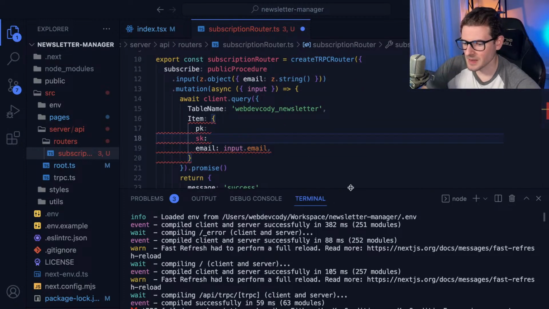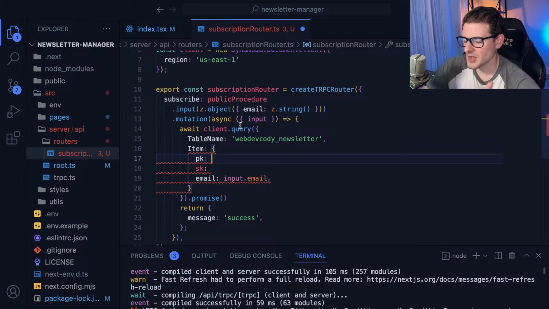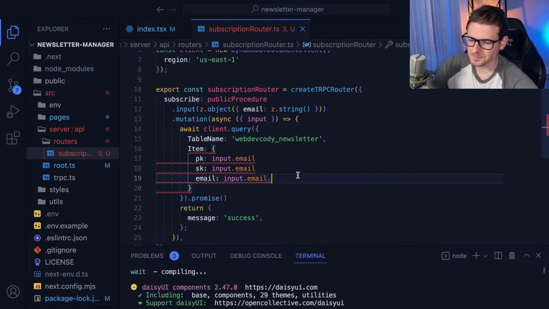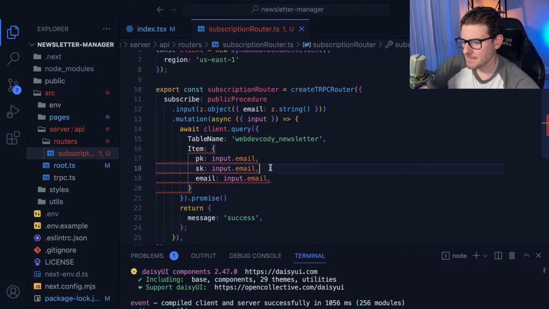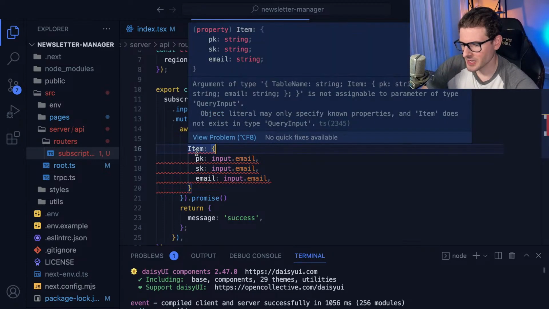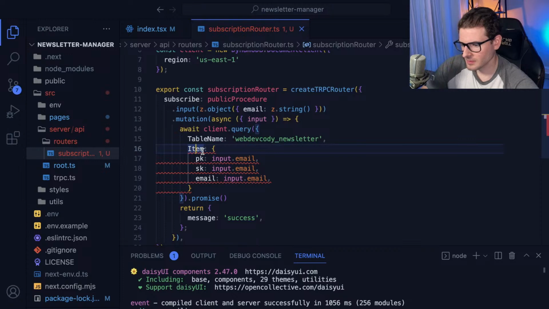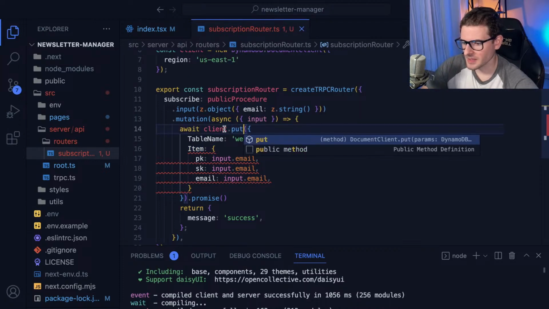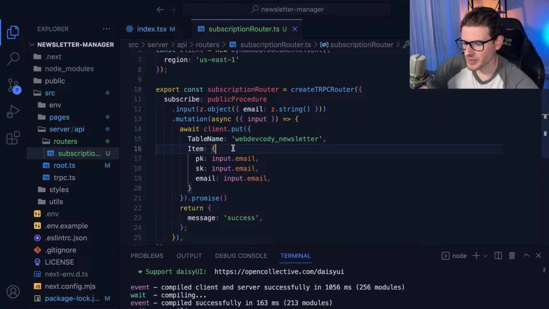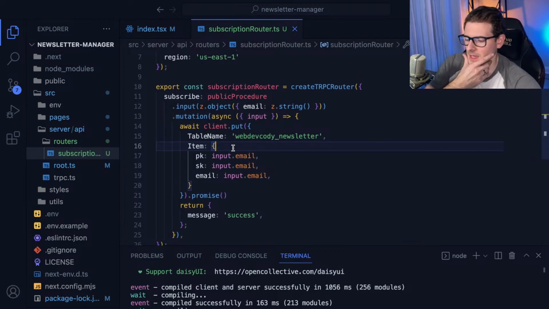Okay, so those are the main important things when you're dealing with Dynamo entries. You have to supply your key, your composite key, or else it doesn't know where to store it. So I'm going to go ahead and just put the same thing. Is that what it's complaining about though? Oh, I need to make this a put. I changed up the query to kind of explain something. Yeah, you still need the PK and the SK.